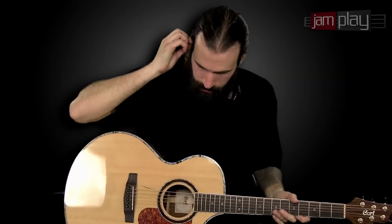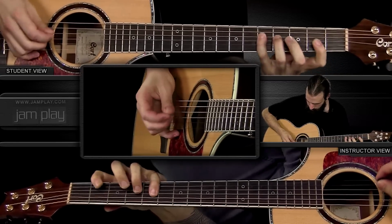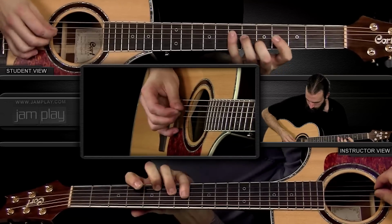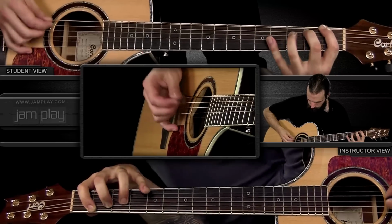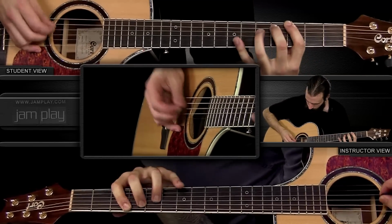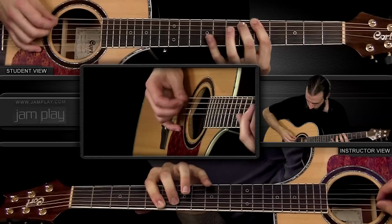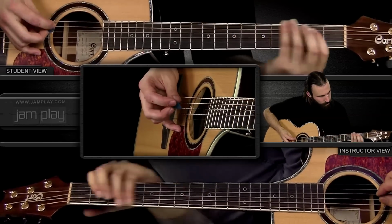Alright, now what we're going to do is we're going to go through the singles, doubles, and triples that I just showed you, and we're going to use a metronome. So I'm going to start here at 80 beats per minute. You go, once again, you start at the first fret, go all the way through with the singles, doubles, triples,